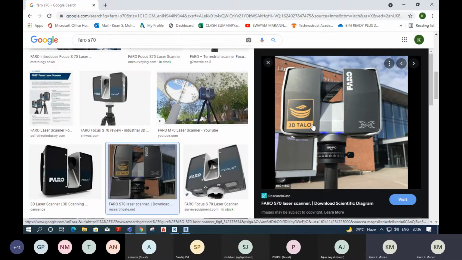Suppose, take an example of a wall. So in your model, a wall will be in a particular location, and in the scan data, it is deviated from the location, and maybe a 10 centimeter or 20 centimeter difference is there. Just imagine. In that case, you can move the wall in the model to the exact location by using this scan data. So by using this scan data, you can update your model, and you can make an as-built model. So that's also another use of this scanning equipment.